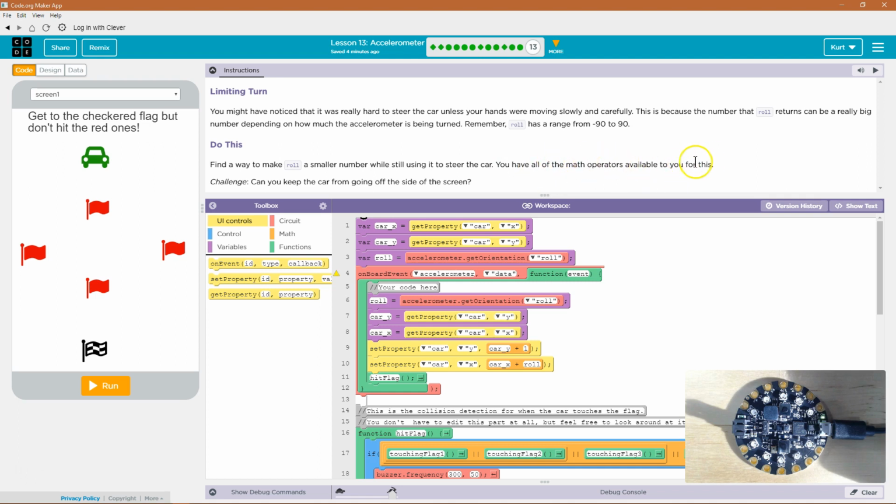You have all the math operators available to you. Okay, challenge. Can you keep the car from going off this side of the screen? Ooh, interesting. All right, how can we keep roll to a smaller number? Well, here's where we calculate roll. So if I want it smaller,